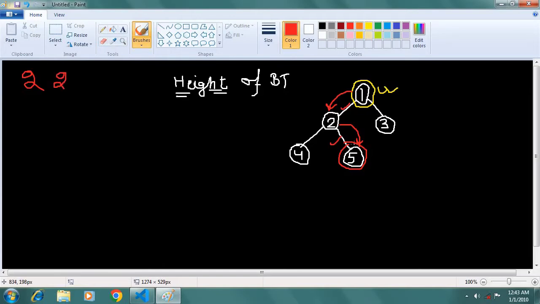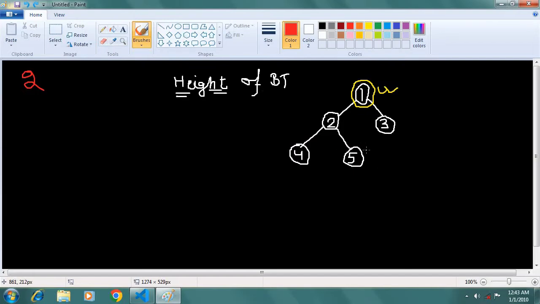And now let us suppose I take this one. This is also a leaf node, but is it the deepest leaf node? No, it is not the deepest leaf node. So in this case my height would be 1, but it is not the height of this binary tree, because the height of a binary tree according to the definition is the number of edges in a path from the root node to the deepest leaf node. Clear? As you can see, 2 edges are coming in this path. An edge is this line. So I can say that the height of this binary tree is 2.